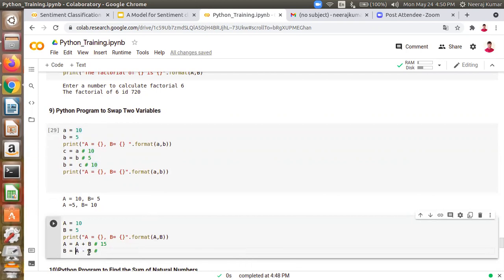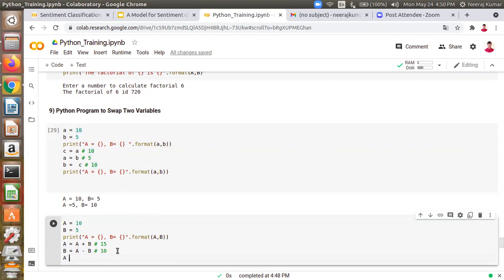B is equal to A minus B. It implies that A's value is 15, which I have updated here. 15 minus B value 5, then it becomes 10. B is assigned with some value, sorry, 10. And again to assign value A,